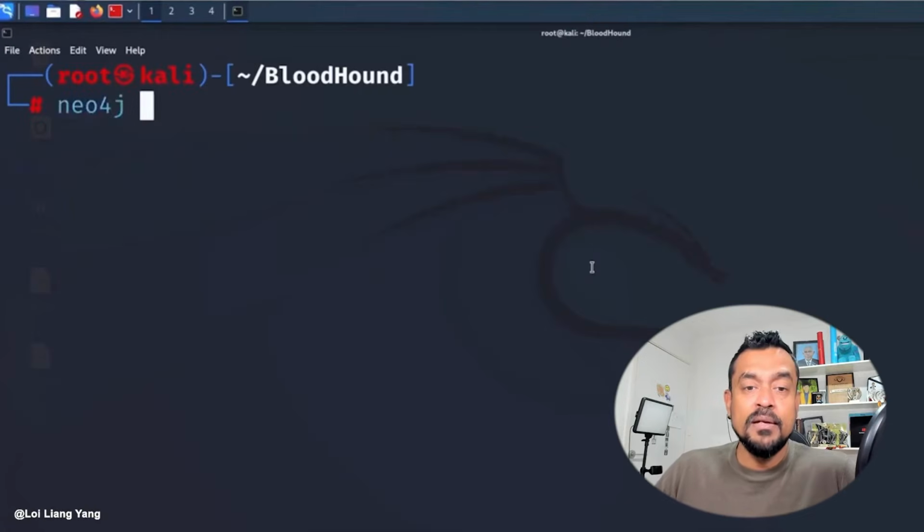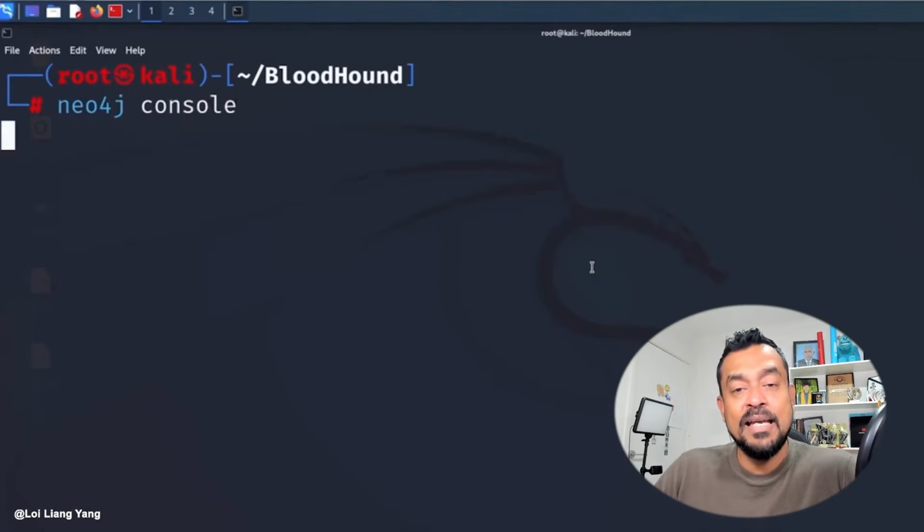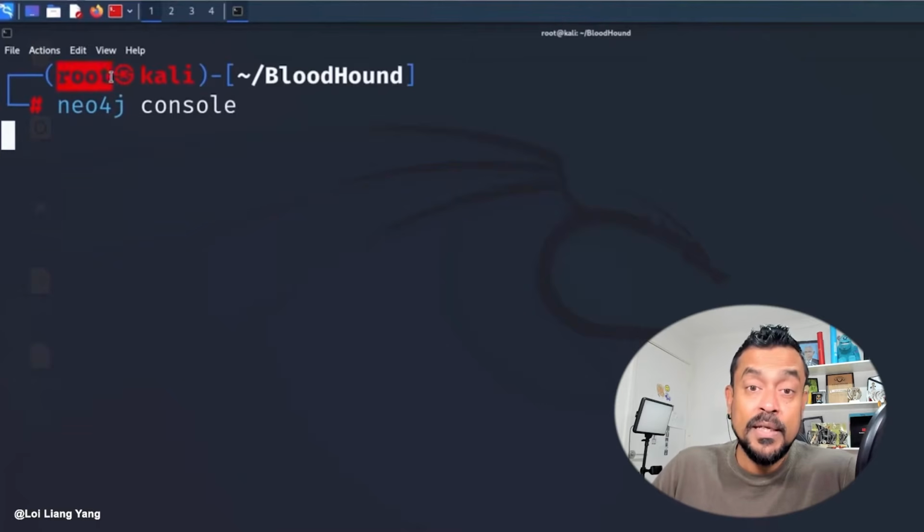Because Active Directory remains a gold mine for privilege escalation in today's world. Using BloodHound and SharpHound, you can conduct Active Directory enumeration, and also use it to map attack paths, domain dominance, and various ticket attacks, golden ticket attack kind of attacks